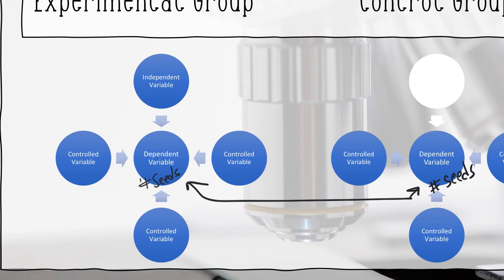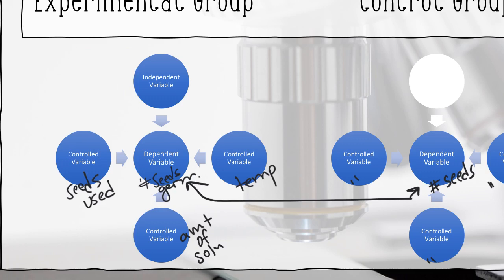What did we keep consistent between the groups? Number of seeds. How many seeds we used, right? I guess I should write germinated. What else did we keep consistent? Very good. Light. A lot of people missed that one. So there's all these things that were exactly the same. I'm just going to write ditto marks for both the experimental group and the control group, and the only thing that differed between them,